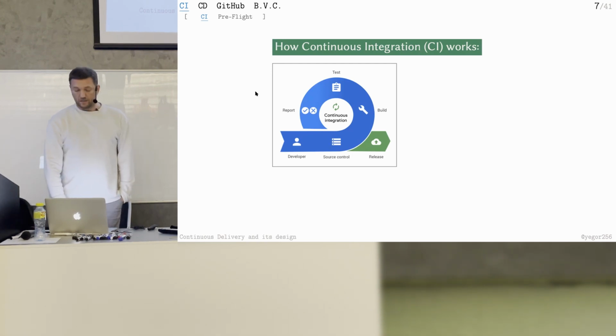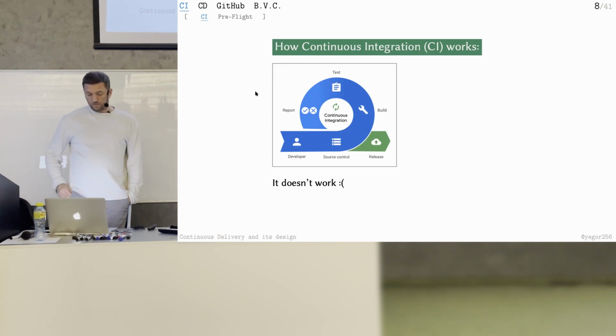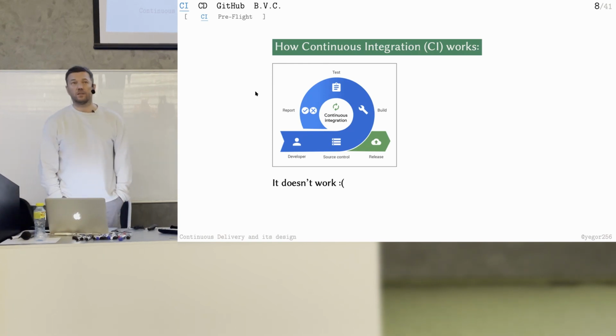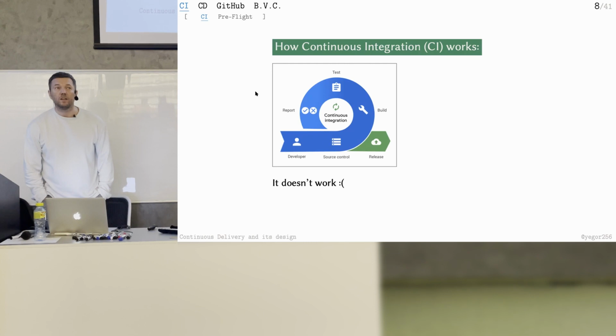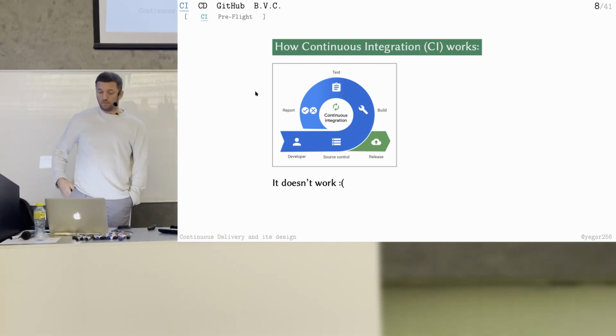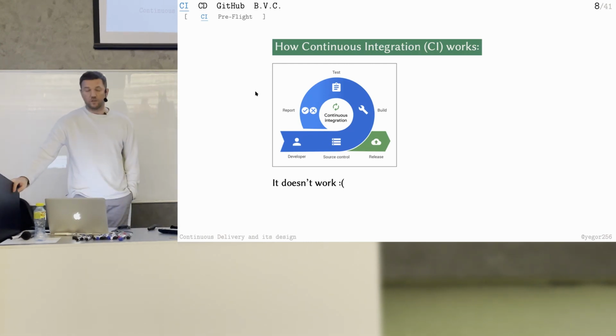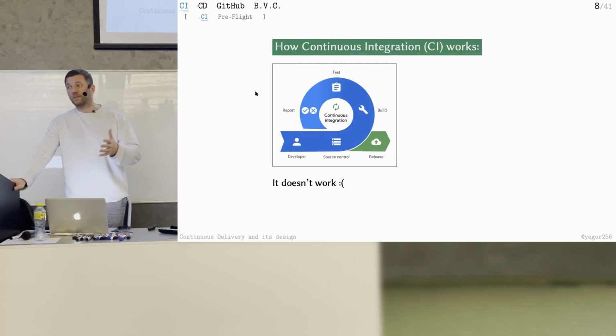The problem with this is that it doesn't work. In reality, this stuff doesn't work. I even have a blog post about it, which says that continuous integration is dead, which I wrote probably 7 years ago. In my opinion, it's dead because this doesn't work, because what happens in reality, if you configure it this way, is that it will be always broken. So the build will always complain that something is broken, and nobody will fix it.